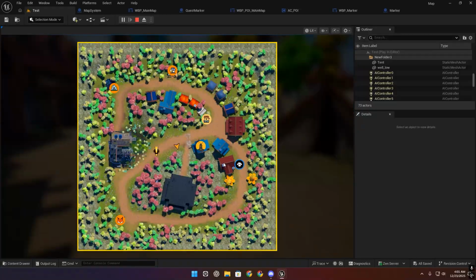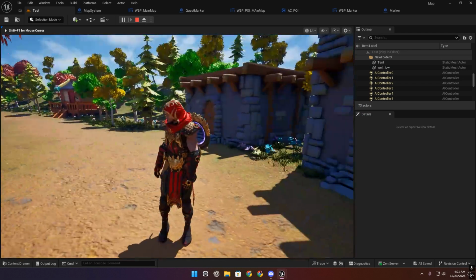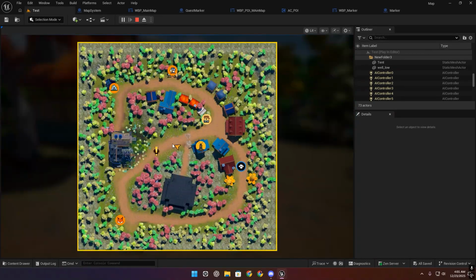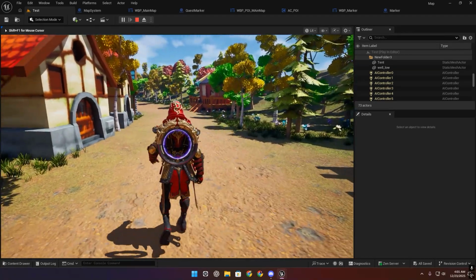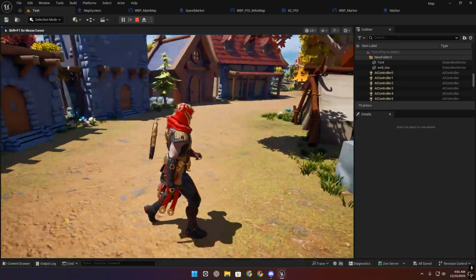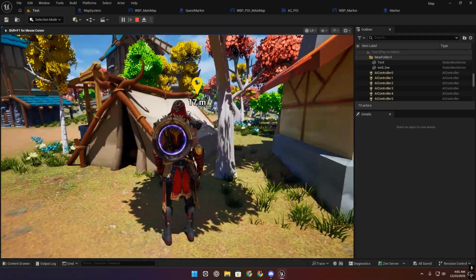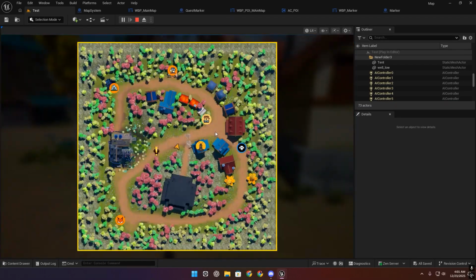Here you can see this marker. It's working, but